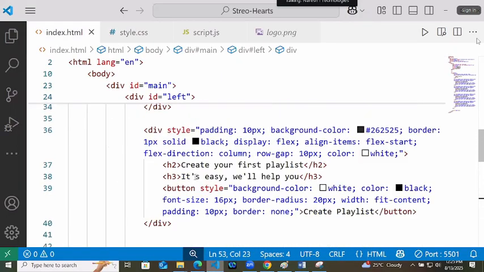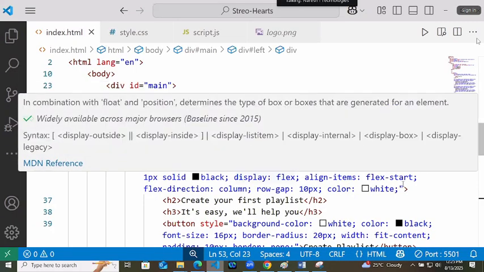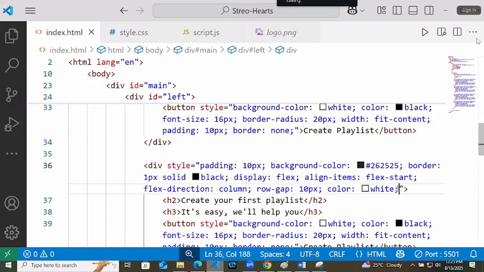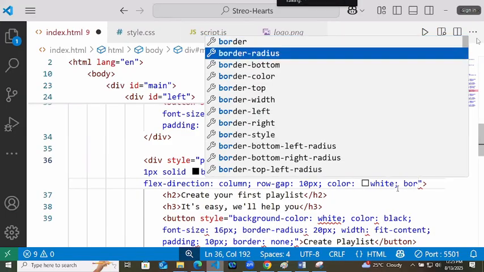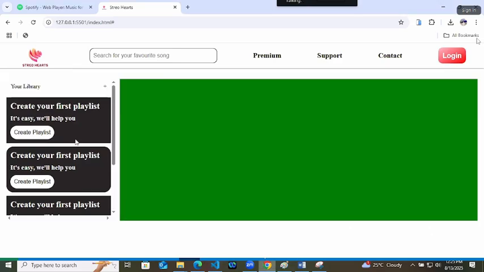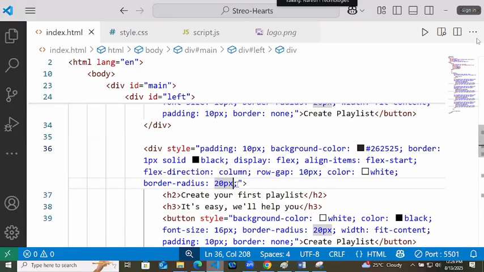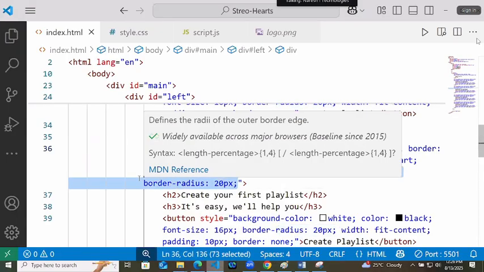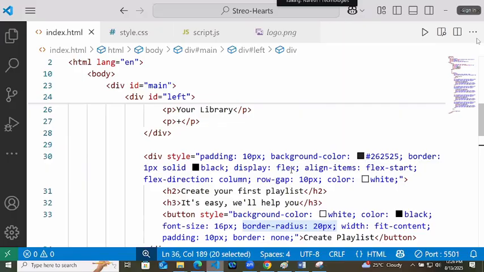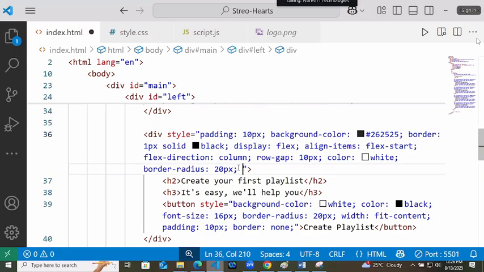To all these divs, I will write one more style, border radius of 20 pixel. So the second one is having that same border radius, we will give to all of them. Design is all up to you. You can design it in any other way also if you want.